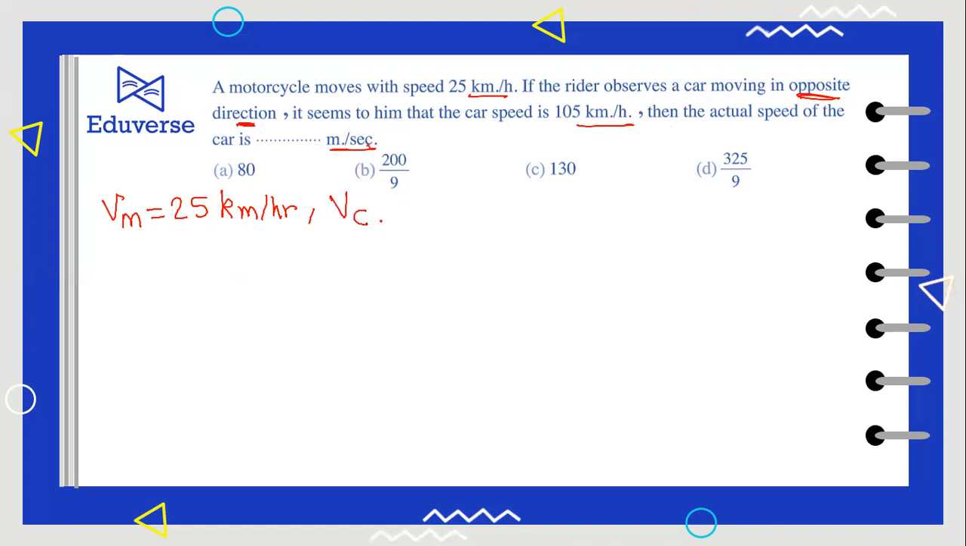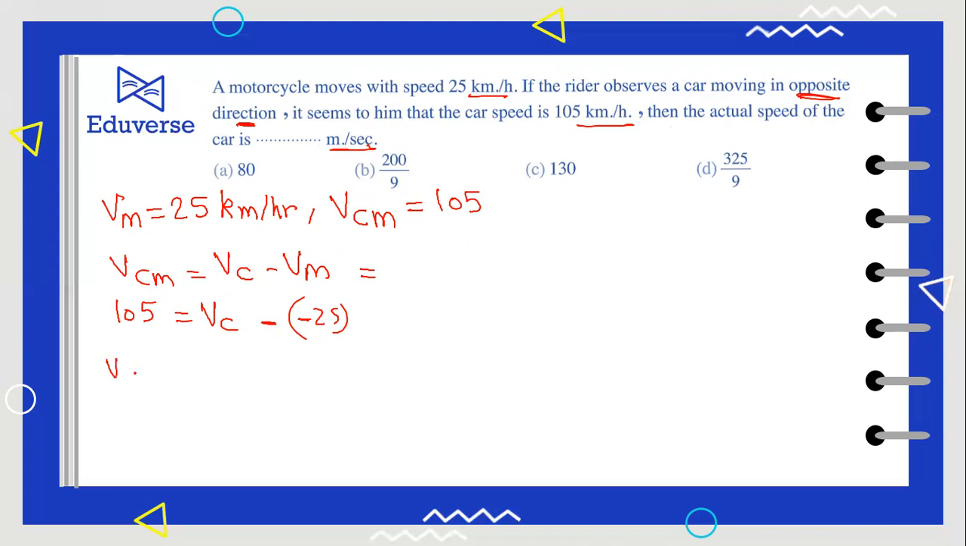Velocity of the car with respect to the motorcycle is 105. VCM, the velocity of the car with respect to the motorcycle, equals VC minus VM. Here, 105 equals the velocity of the car, which I don't know, minus the velocity of the motorcycle. The motorcycle is in the opposite direction, then it will be negative 25. Then the velocity of the car equals 105 minus 25, equals 80